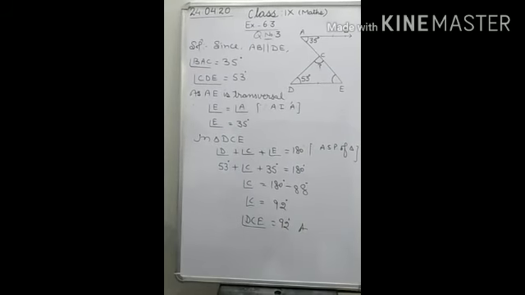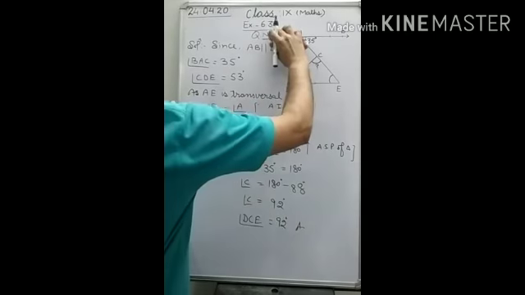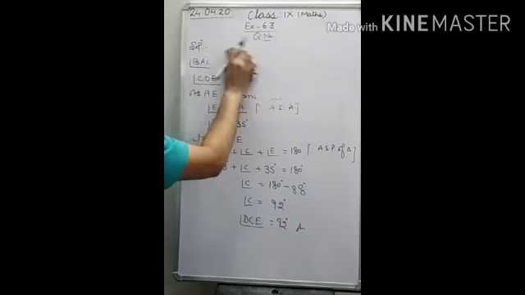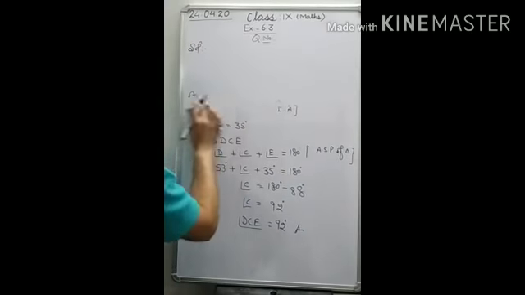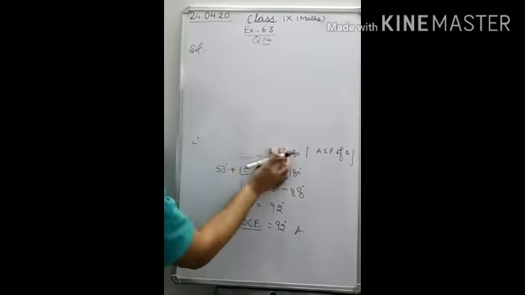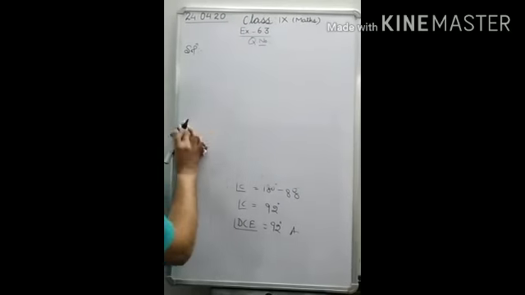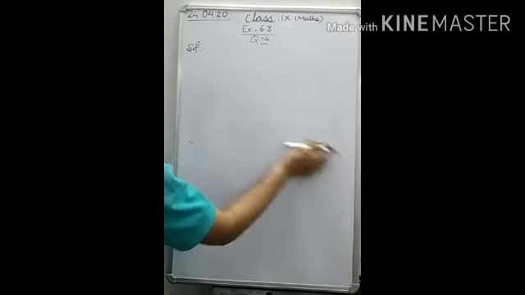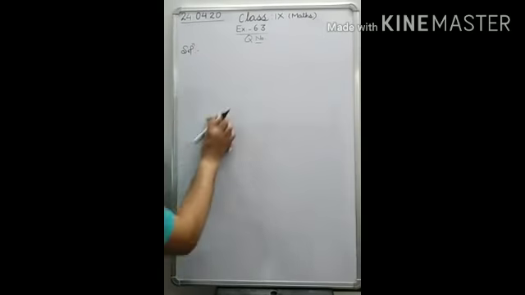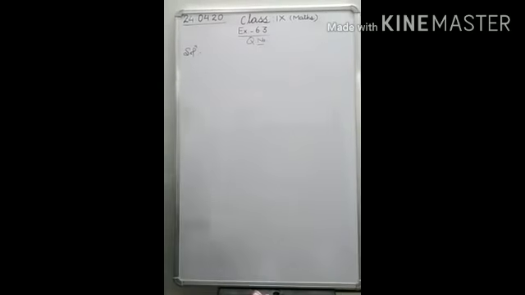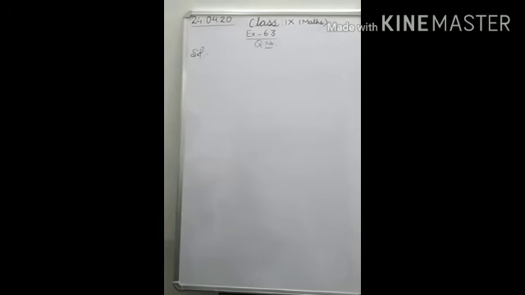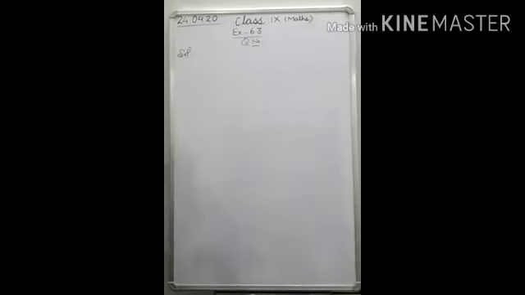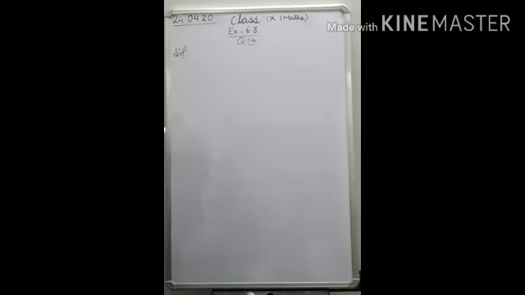Now come to question number 4. So first of all, let us start reading the statement. What you have been given in this question, you should read. Students, we are given in this question that in figure 6.42, if lines PQ and RS intersect at point T such that angle PRT is equal to 40 degrees and angle RPT is 95 degrees and angle TSQ is equal to 75 degrees, then we have to find the measure of angle SQT.